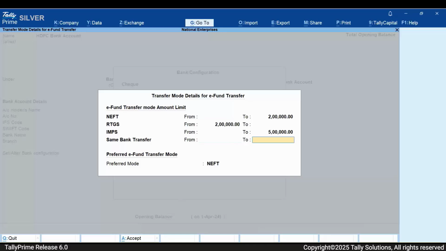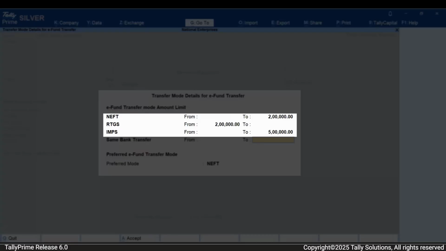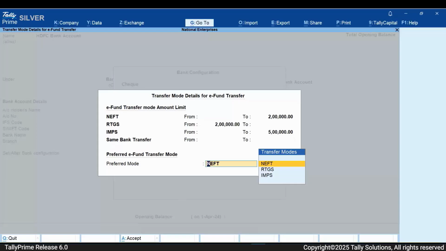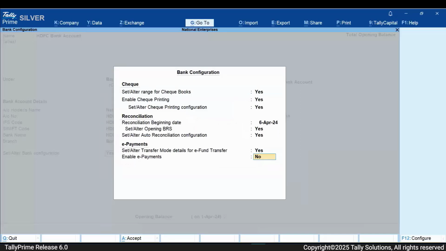Now, a transaction with amount 3 lakhs is eligible for RTGS and IMPS transfer modes. You can specify the preferred mode. Let's specify it as IMPS. When the transaction amount is 3 lakhs, IMPS gets applicable.